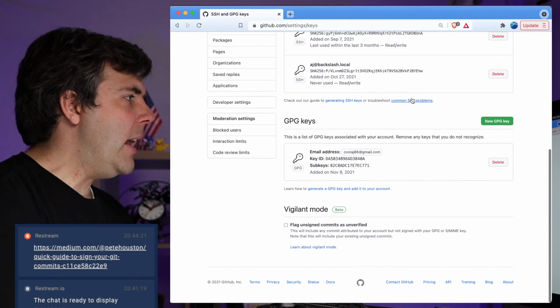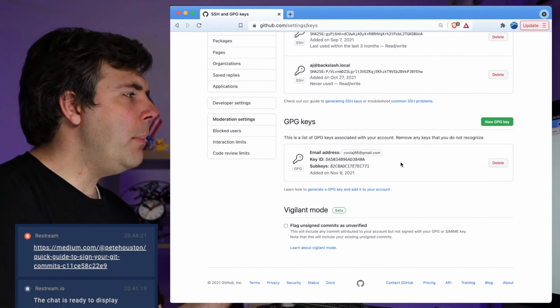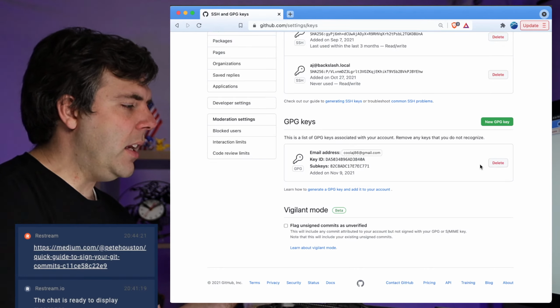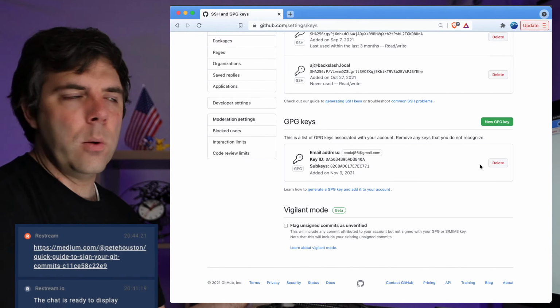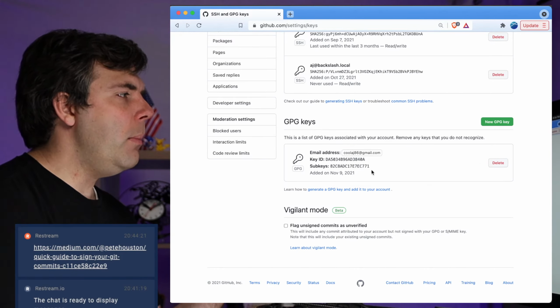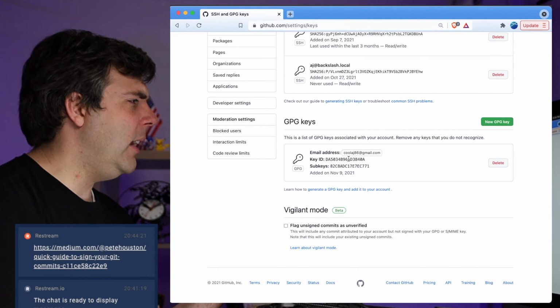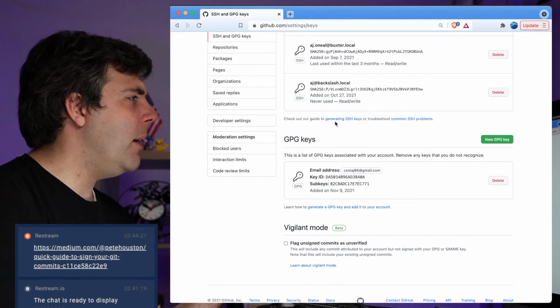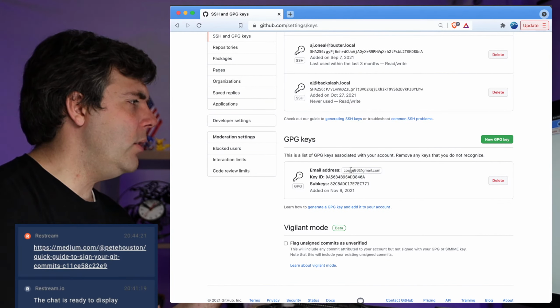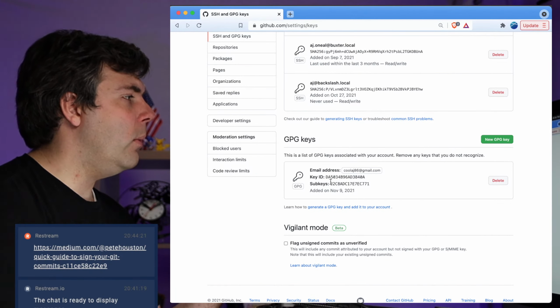And the reason for that is that you want to be able to revoke these. So say you lose your laptop or your phone or whatever it is where this key is. You want to be able to come in here and revoke it. Now, unfortunately, these don't allow a comment, which is kind of strange. Oh, they do. Well, they do allow a comment in the sense that